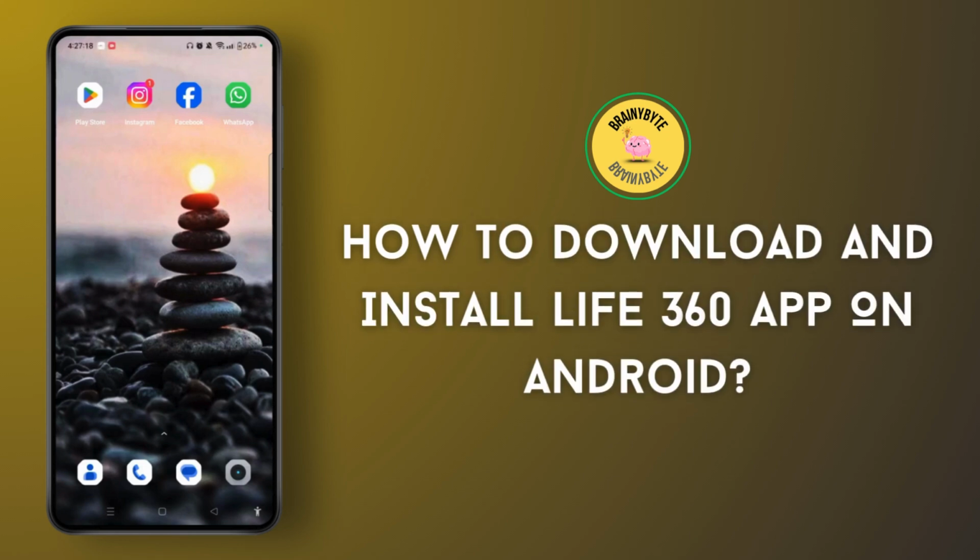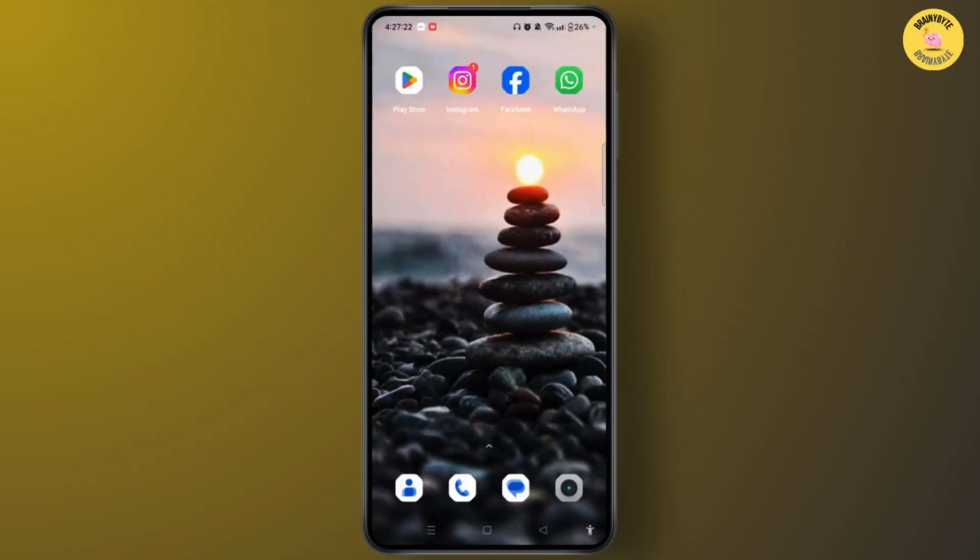How to download and install Life360 app on Android. Want to stay connected with family and friends in real time? Whether it's for safety or just peace of mind, Life360 is the perfect app to keep everyone in the